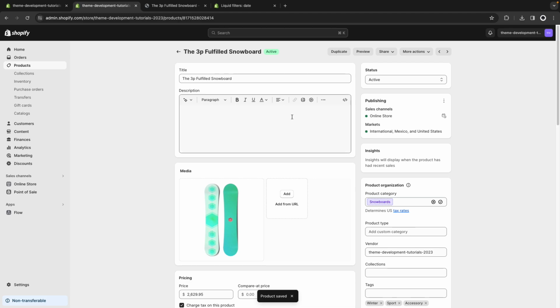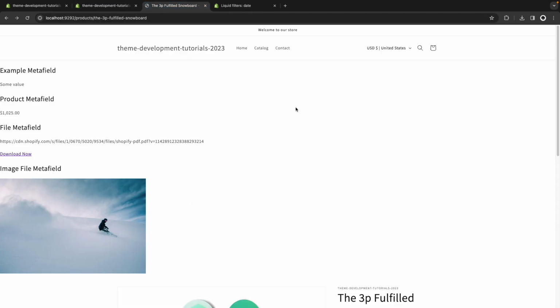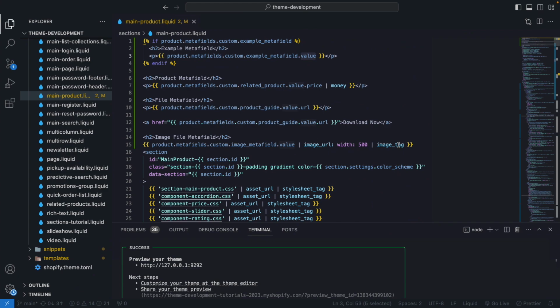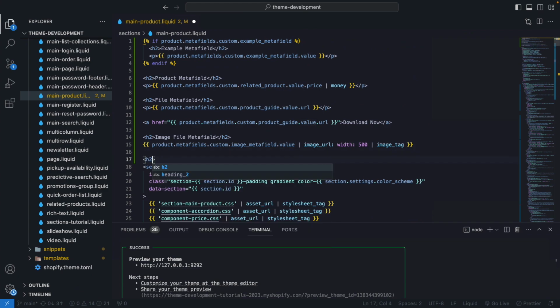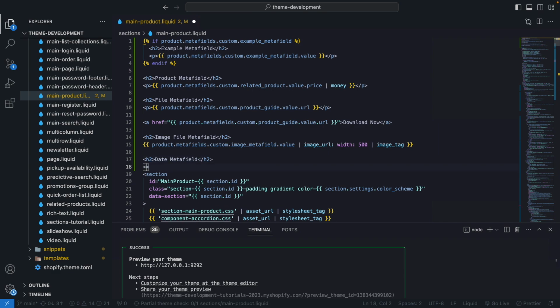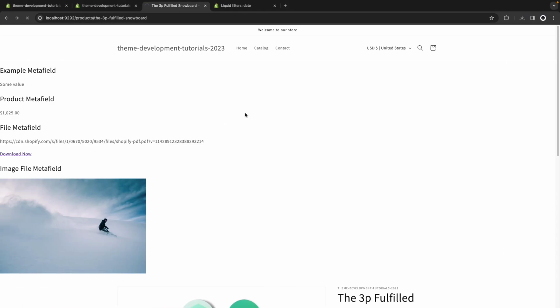And now let's access this for the store. So here in the code, let's say date Metafield. And let me copy all of this. Date Metafield value. And if I save this and refresh here,